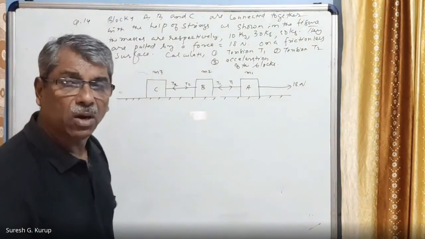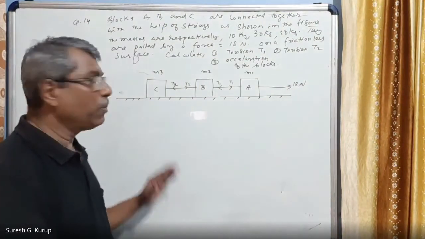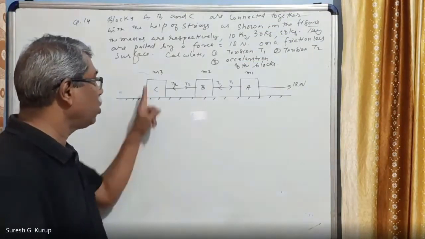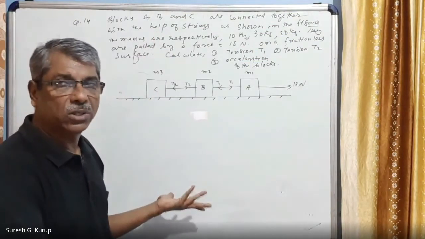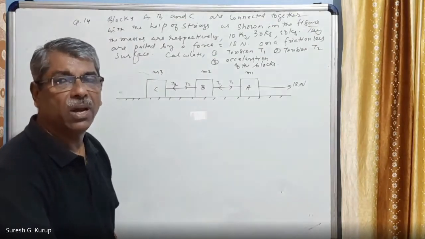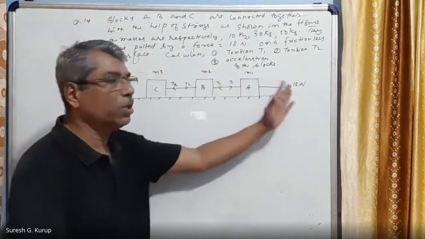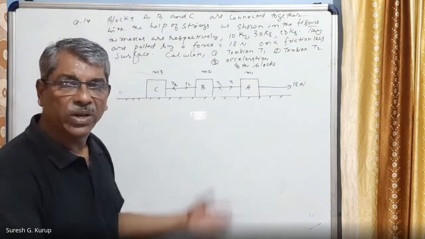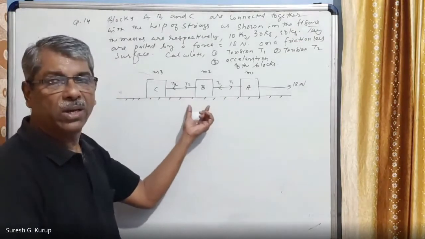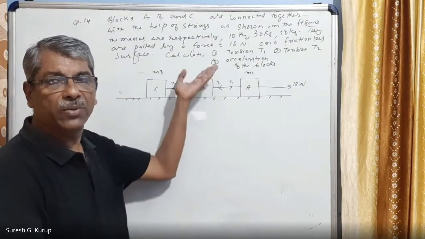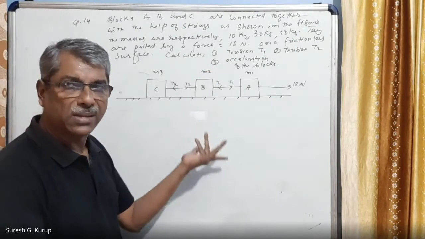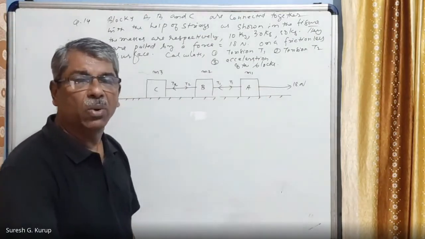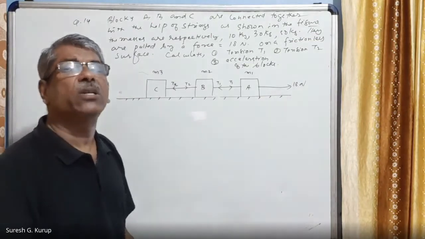mg and other things are not taken into account. Why? Because the body is moving in the forward horizontal direction, and mg is acting downwards and R is balancing it; they cancel each other. That does not make any contribution to the motion. Motion has nothing to do with normal reaction and weight. The bodies are kept on the table, and the table gives an equal and opposite reaction that cancels it. Then the imbalanced forces only will take the body in the forward direction. Imbalanced force means net force.